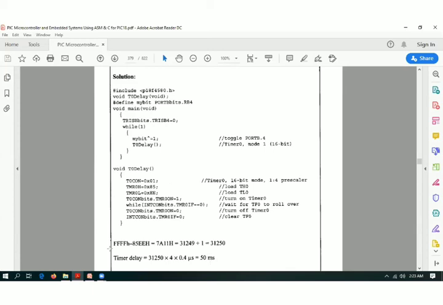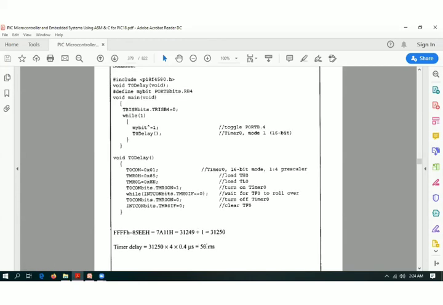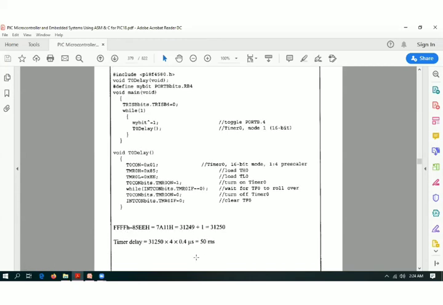Here they have shown the calculation to generate the 50 millisecond delay. They needed 31,250 counts for generating a 50 millisecond delay. In this example, they have reversed that process. The initial value is 85EE.